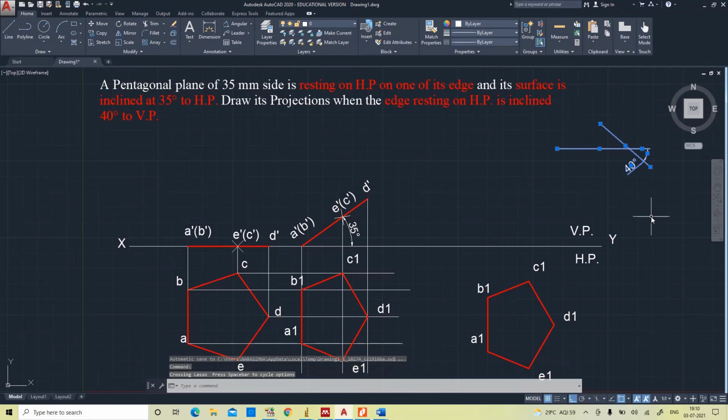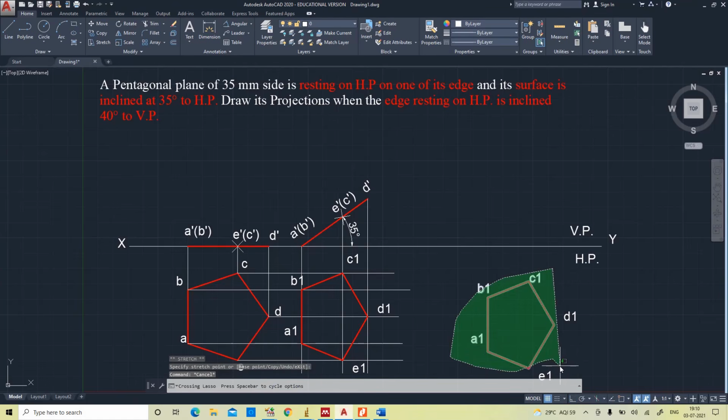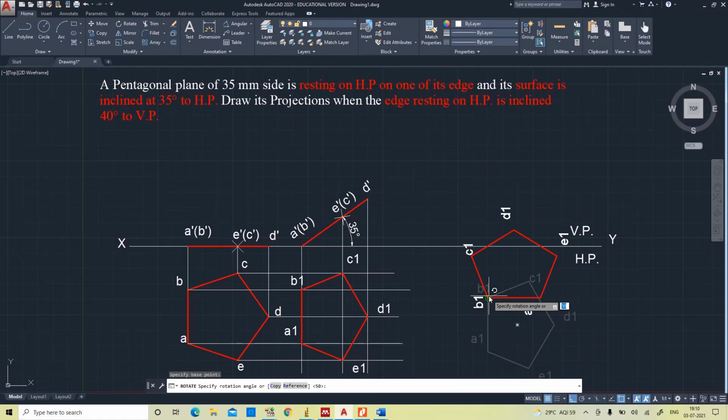The same logic we are going to apply here now. Yes, I selected everything. Rotate. This is a vertical line, right? So 90 degrees will be there. We need 40 degrees. Rotation angle 50.